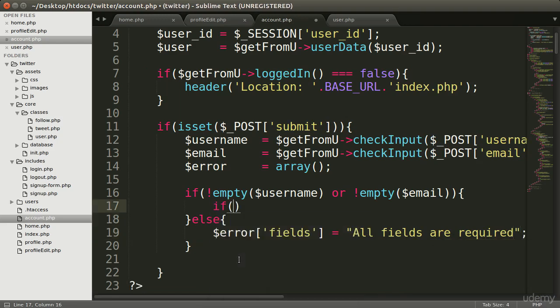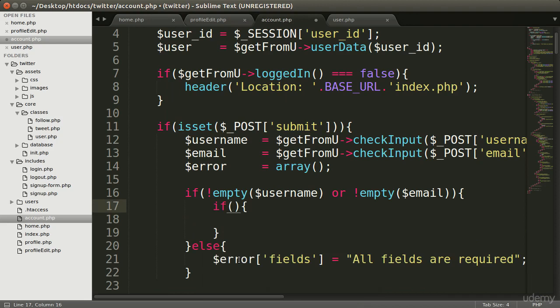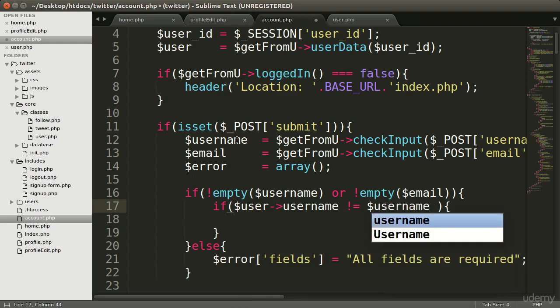Inside here we add an if condition again to check the username which the user submits is not equal to the username which the user already has, and we will check the username from our database, because we don't want to allow users to update the username to one which already exists in our database. So here will be our user variable username not equal to (!=) the username variable which the user submit,